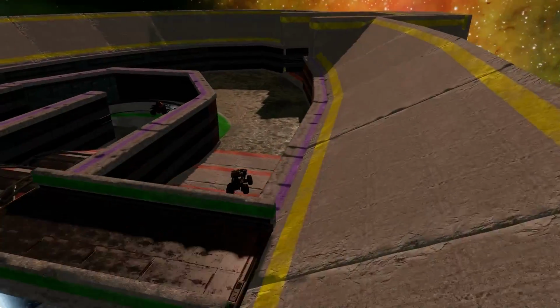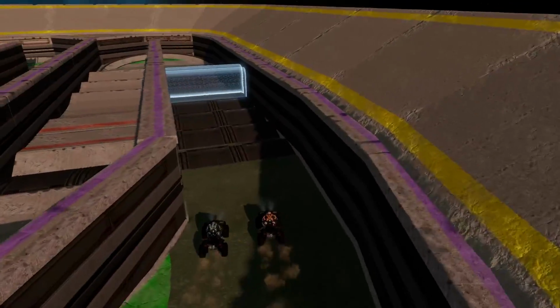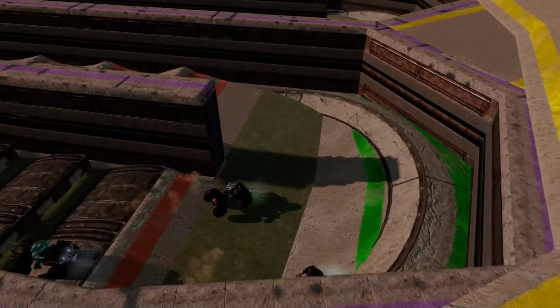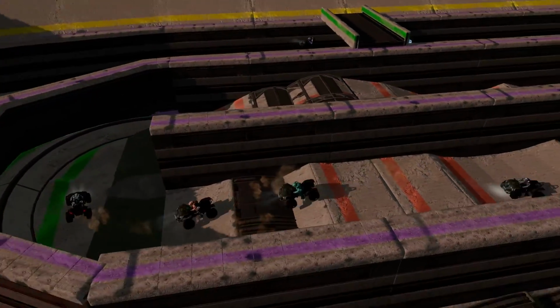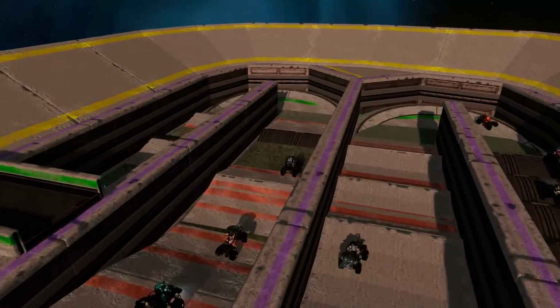He gets by Vulcan cleanly. A lot of clean air. The race could look completely different. Now he's in second, trying to chase down Roman again. Got to try to lock in and see if he can get that spot back. Don't want to let another win slip away from him on an AX. But a little bit of a case on the outside. Again, ironically, I think that would have helped him last lap, but...